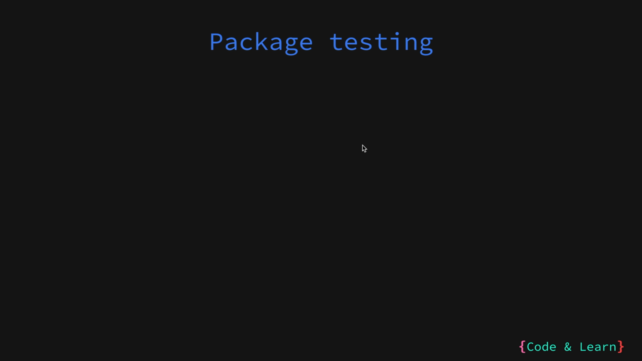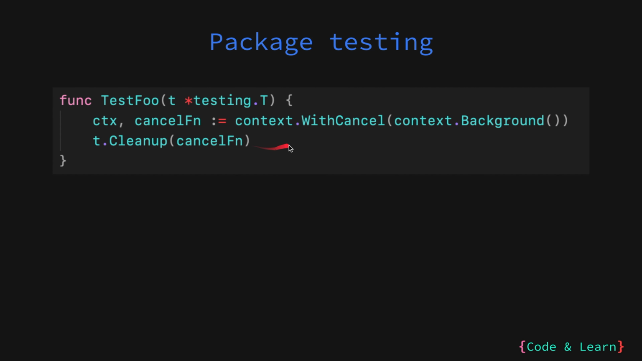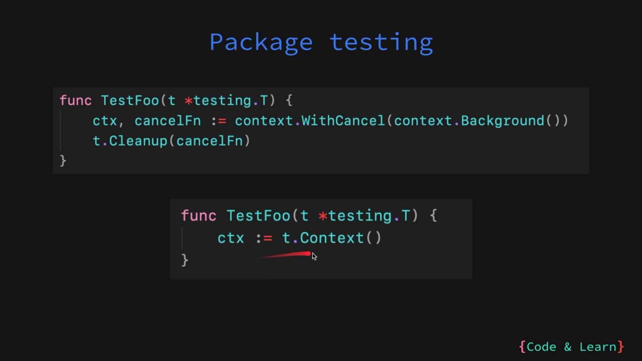In package testing, the new Context method defined on T and B returns a context that's canceled after the test completes and before test cleanup functions run. So if you were doing something like this, that is creating a cancelable context, then canceling it on cleanup, this is no longer required. What you can simply do is get the context from testing.T or testing.B. There is also the new Chdir method that can be used to change the working directory for the duration of